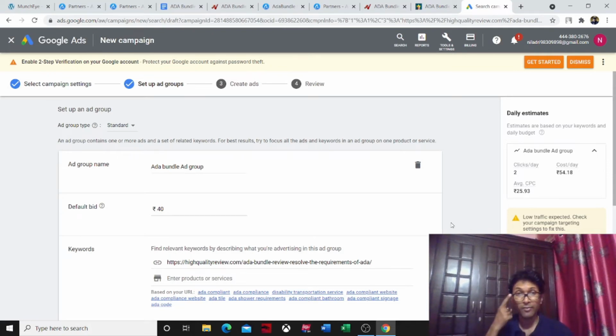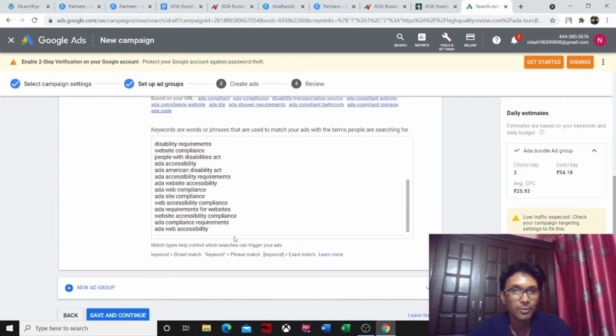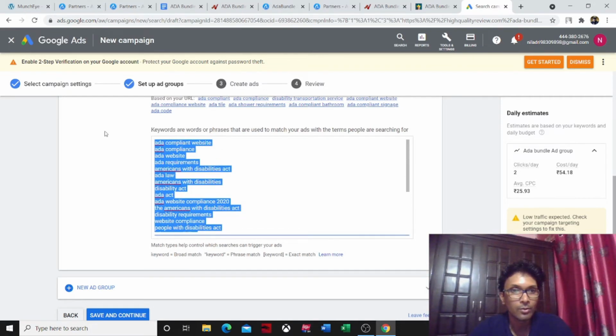At least 0.5 cent is required if you try to promote in the first tier countries. 0.5 means 35 or 40, like that. So you have to put 40 rupees at least in Indian money. So here they have suggested some keywords, but we will not go like that.